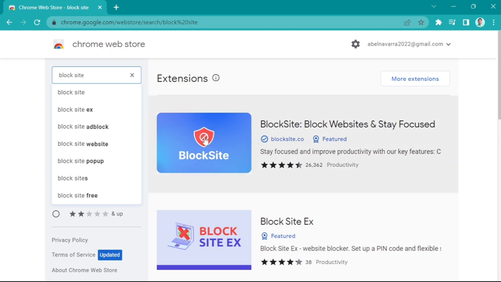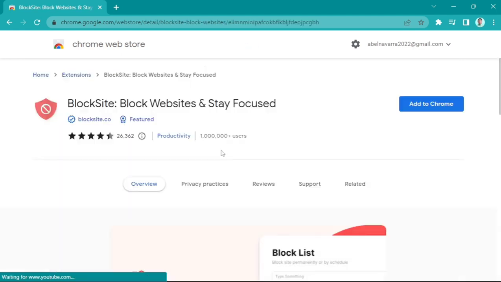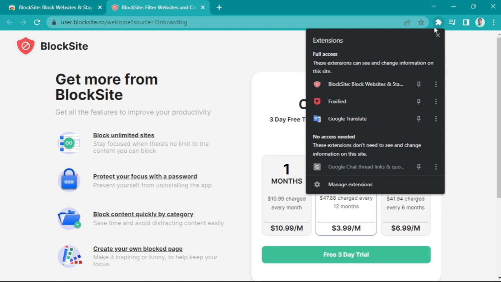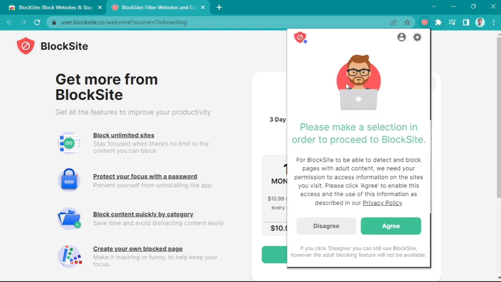Then all you need to do is click this extension right here, and once you've done that, you'll find this page, and then you have to click this Add to Chrome right here so it will add to your Chrome extensions. Then it will show this page, BlockSite, get more from BlockSite, and then click this extension right there and just pin this one and click this BlockSite extension, and then you